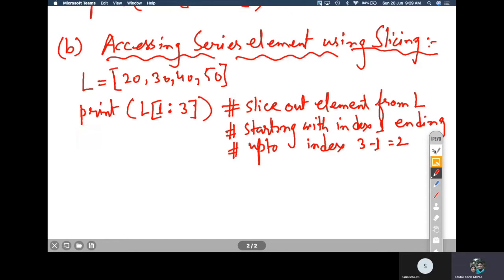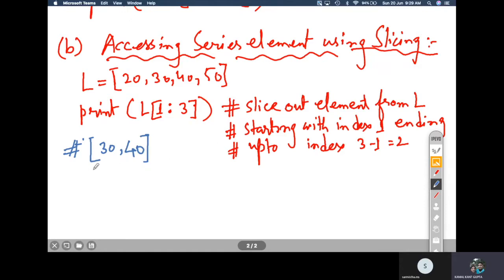So what output will it give? The output will be a list having 30, 40. Okay, so this was the concept of slicing.